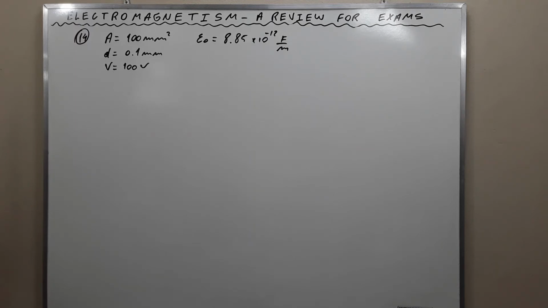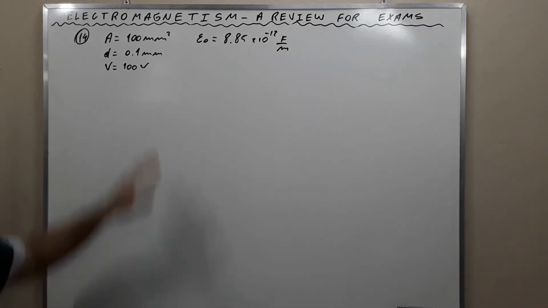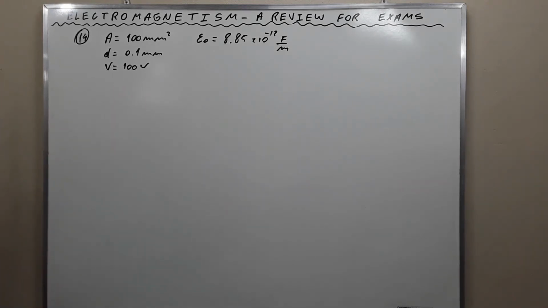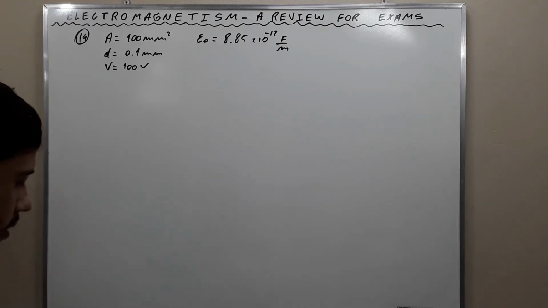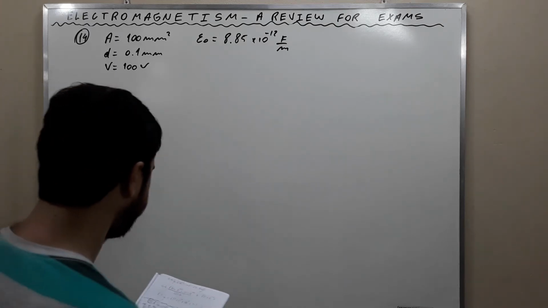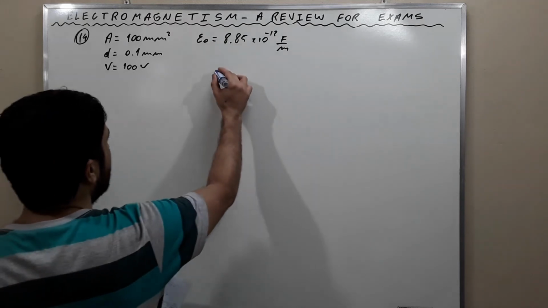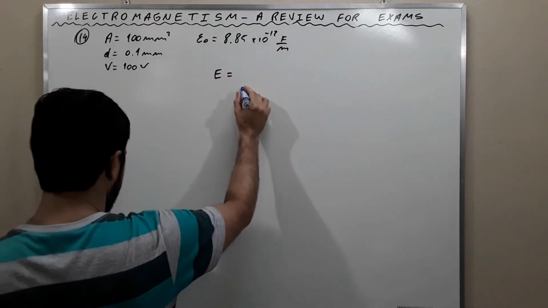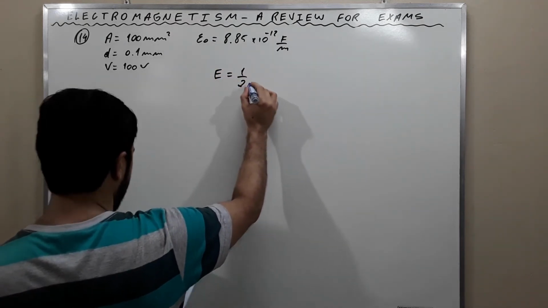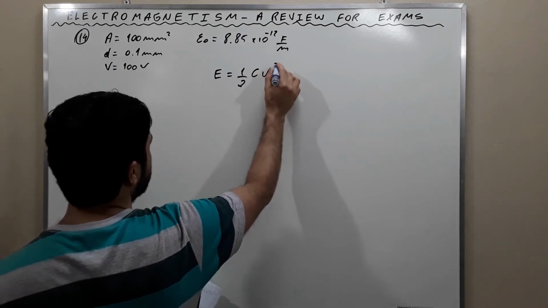If the voltage on the capacitor is 100 volts and the dielectric is air, calculate the energy stored in the device. Okay, these are the data given by the exercise. We are going to use the expressions here. The energy is a half of CV squared,